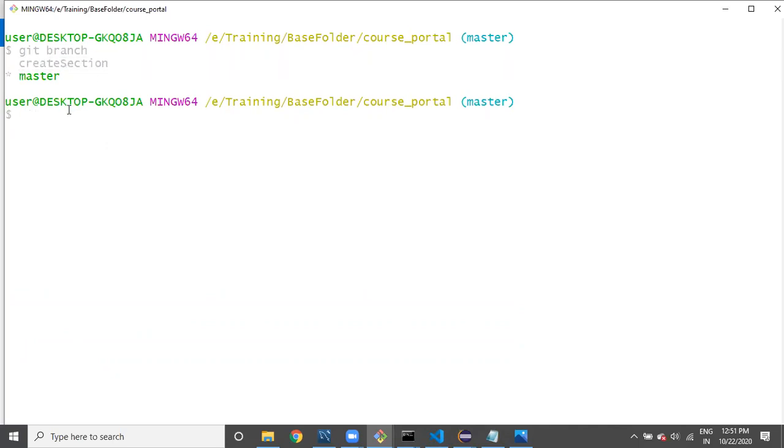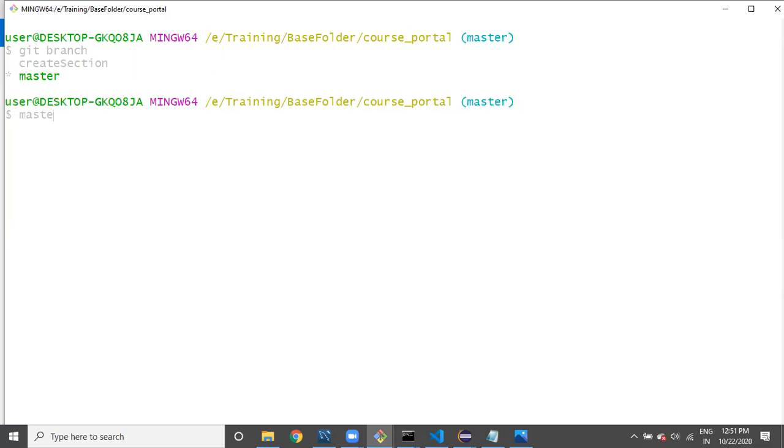So now you have to do all your changes in the create section branch. To do that, you have to move from the master branch to the working branch. Right now the working branch is master. You have to move from master to create section.